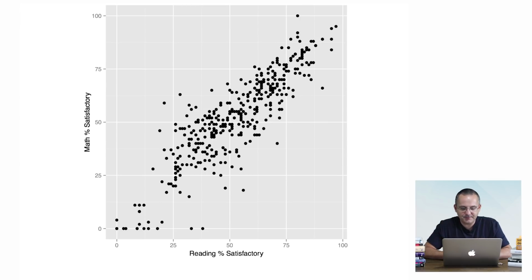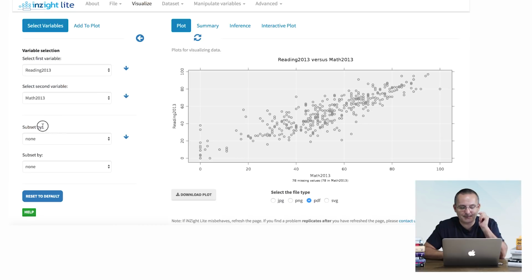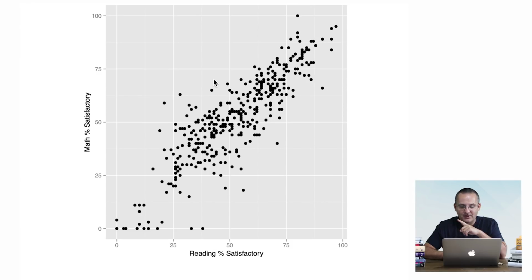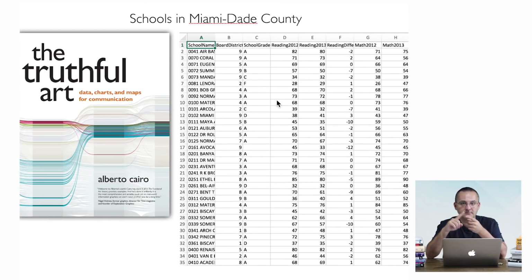So I went to Insight, and before I can do that, by the way, we're going to use the subset option, subset by board district. But we cannot use it right away, because in order to subset the data correctly, Insight needs to learn that the variable board district is not a number, it is a name. It looks like a number because if you take a look at the variable in the data set, it's board district 1, 2, 3, 4, and 5. So, these software tools can be really, really smart, but in some cases they are really, really dumb. When they see a number, they interpret that as a quantitative variable. 1 is less than 2 and 2 is less than 3. But that is not the case. This is a categorical variable.